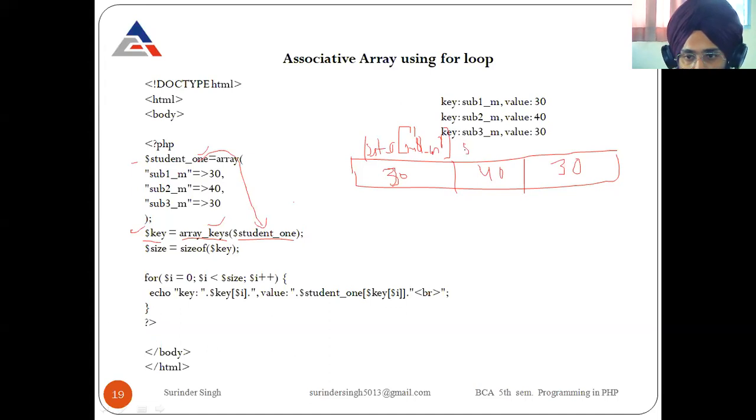And here we have the second element, student1, and in the square brackets we have the key subject2_m. And this is the third element of the student array, having the key subject3_m, enclosed in double quotes. Clear? This is the array.